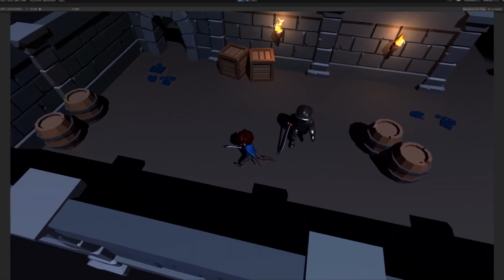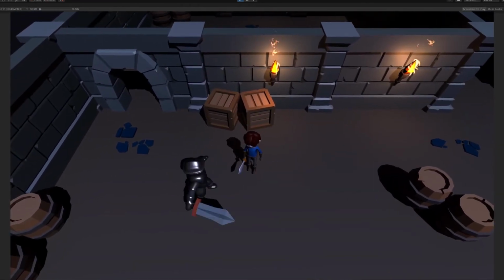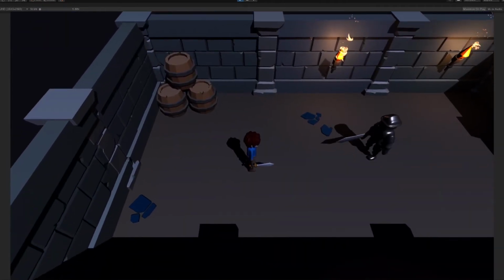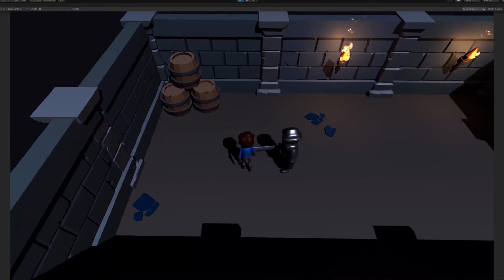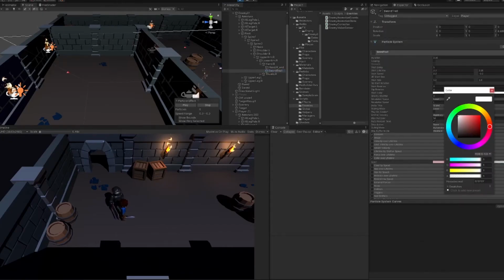For now I only have these two variations, but I think that's enough for a simple enemy like this. Then I added the swing particle effect to the enemy's sword. At the start it was the exact same as the player's effect, but tweaking a bit its color and size, I think I achieved a distinctive effect. And on top of this, adding sound effects will do the trick to have a good attack.